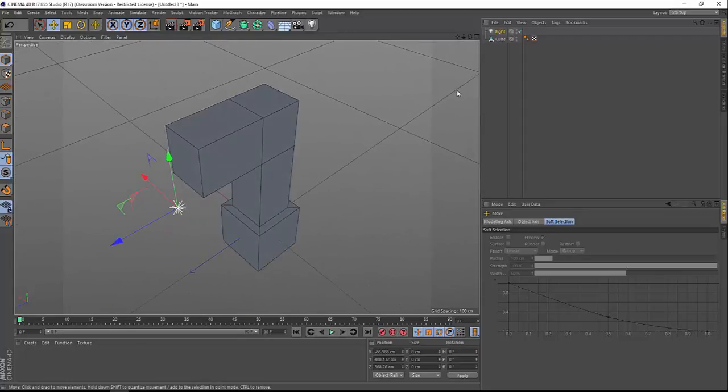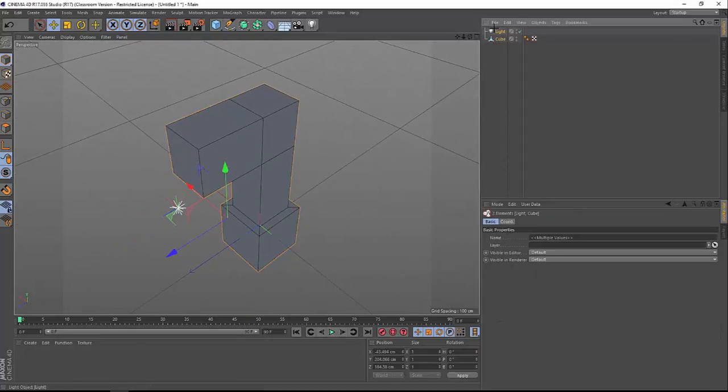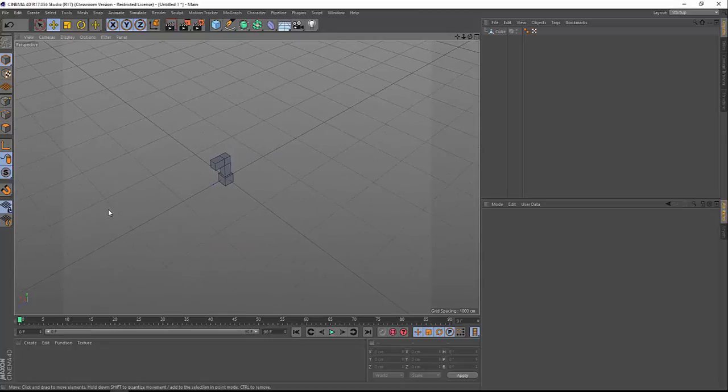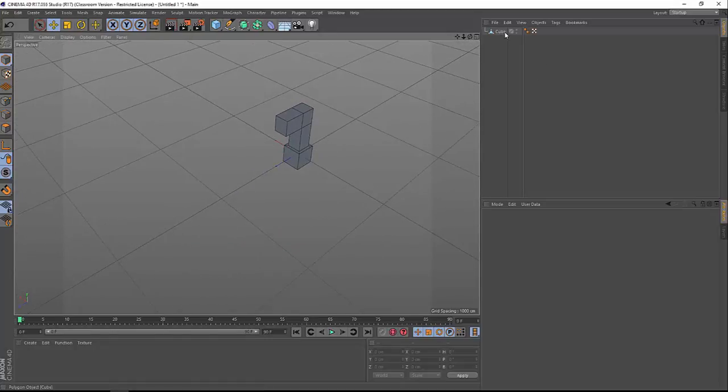Good. So let me just delete everything for now. Actually no, let's leave it here. And let's talk about the tasks that you might have to do when importing your model and render it. Okay? So first of all, one thing that it's going to save your life quite a bit is this hierarchy